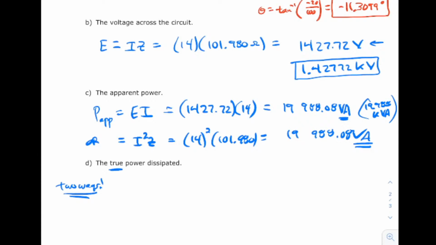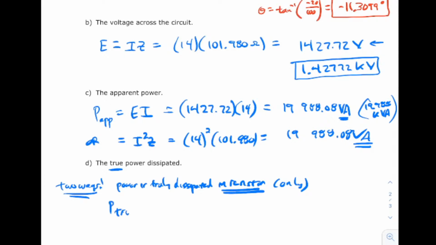Keep in mind, true power, or maybe I should say power, is truly dissipated in the resistor only. Okay? Only lost. You only lose power. You only dissipate power in the resistor. Only the resistor. So if you want the true power,